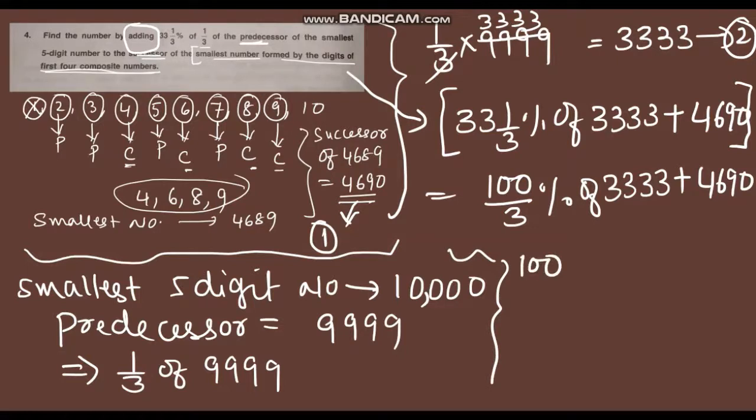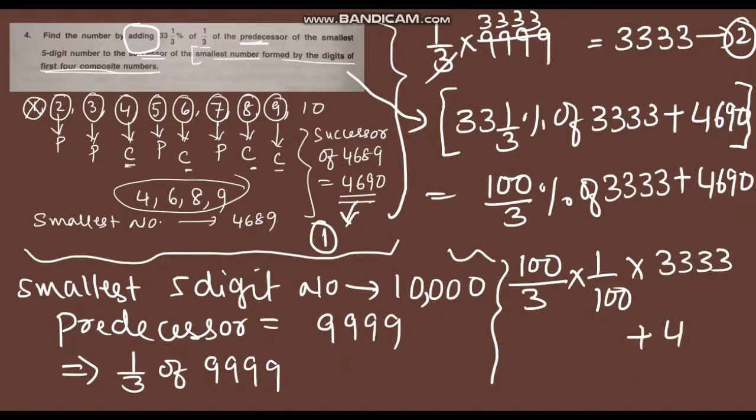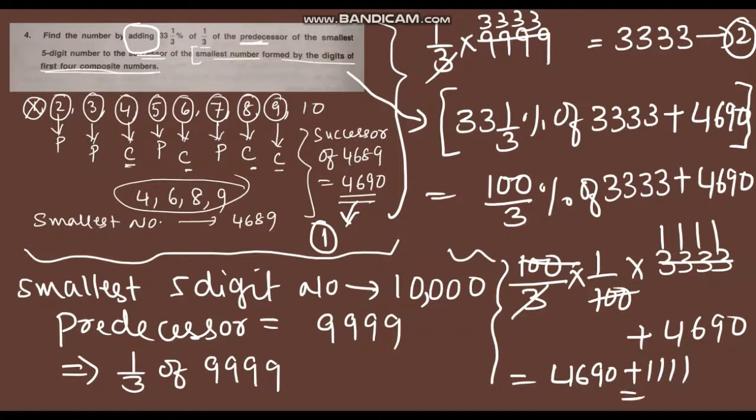100 by 3% means divided by 100. So it can be written as 100 by 3 multiplied by 1 by 100 into 3,333 plus 4,690. So see here children, 100 and 100 get cancelled. If you cancel 3 here, you will get 1,111. So at the end you will be left with 4690 plus 1111, and that will give you 0 plus 1 is 1, 9 plus 1 is 10, 0. So here 1 and 7 is 8, and then 4 and 1 is 5. So your final answer is